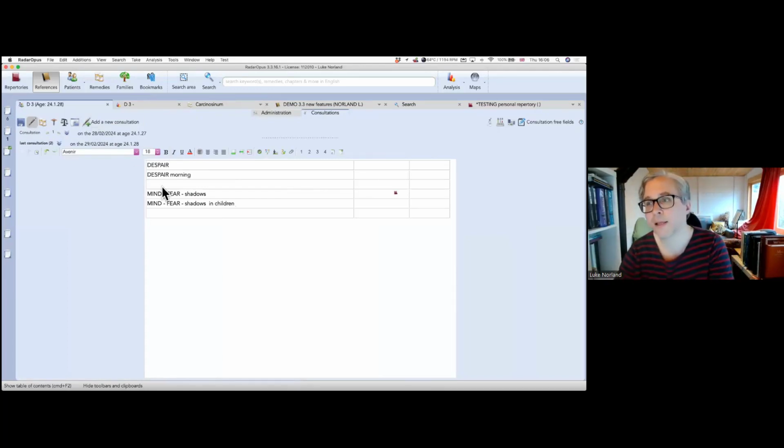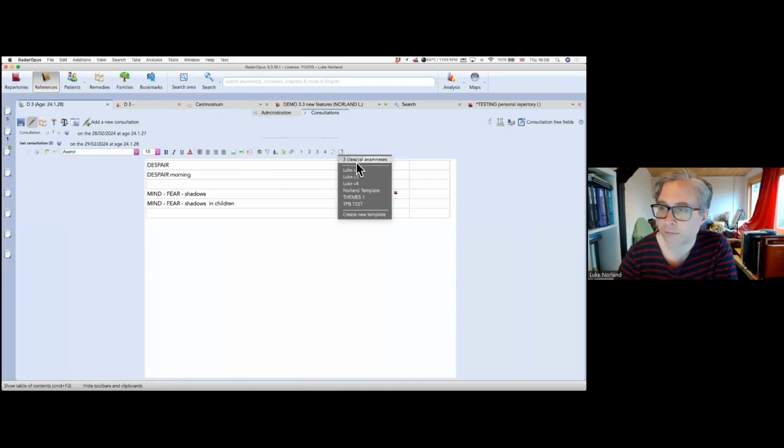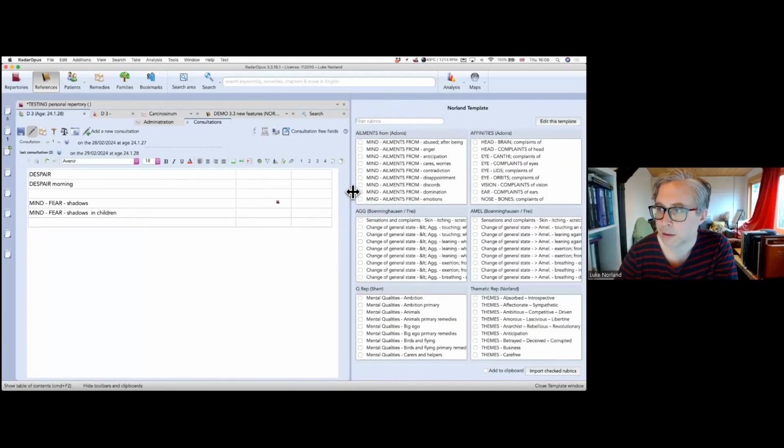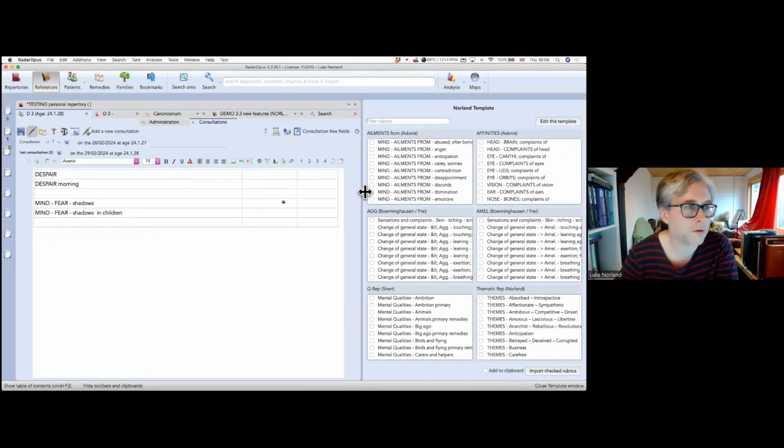Basically, this tiny icon here opens the symptom template, and you've got different options. This is the one that we created already for you in an earlier version. And we're hopefully including this template for you as well, which I made. Whether or not you can use it will depend a bit on what repertories you have. But essentially, this tool allows you to put any rubric from any repertory into these 6 boxes and organize them